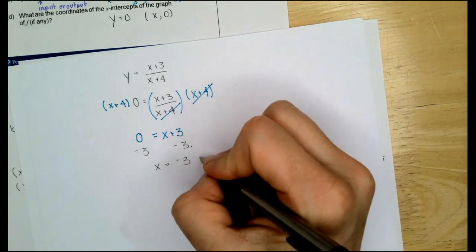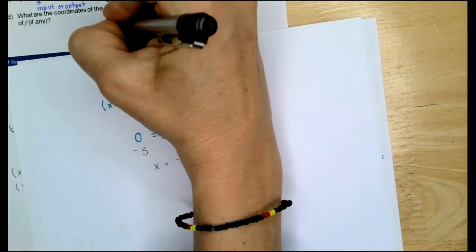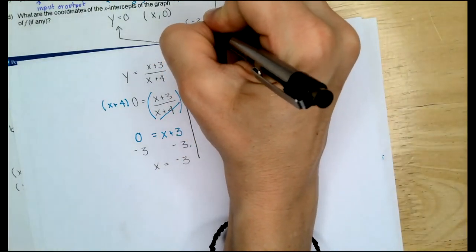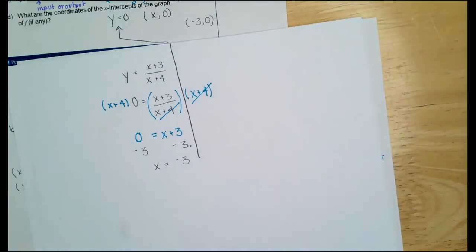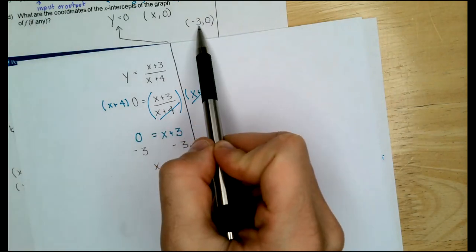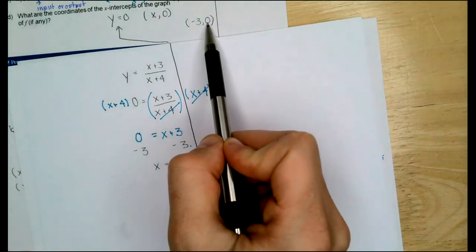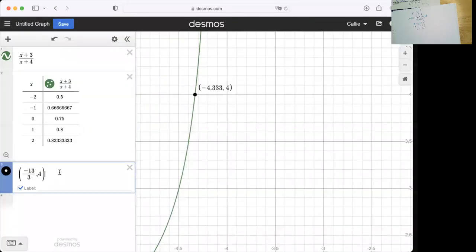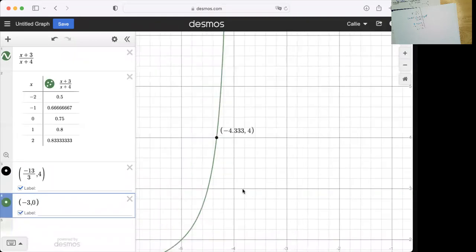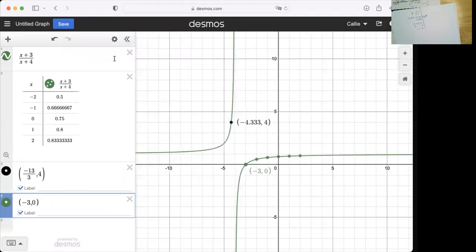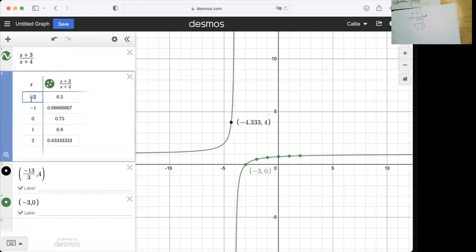Good. X is negative 3 when, remember, y is 0. So that point is negative 3, 0, and there's only one of them, okay? What are the coordinates of the x-intercepts of the graph of f? This is a coordinate because it has your x, comma, y. So that's the coordinate. Let's check it in Desmos as the last thing we do. So now we're going to find the point negative 3, 0. And it's right there. You can also, so when x is negative 3, you can type it in right here,